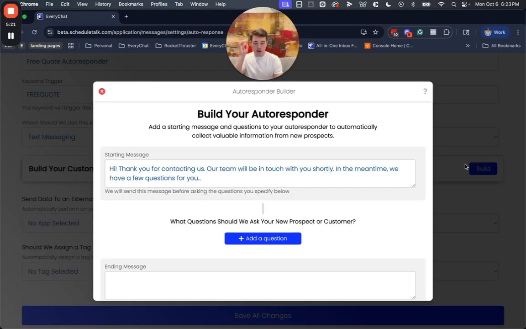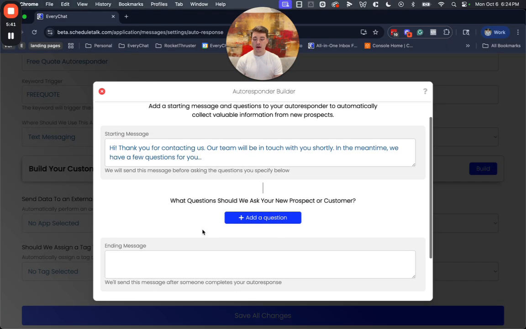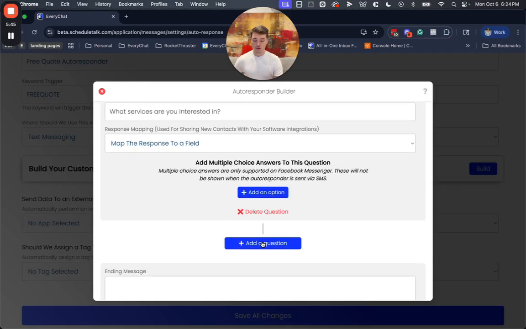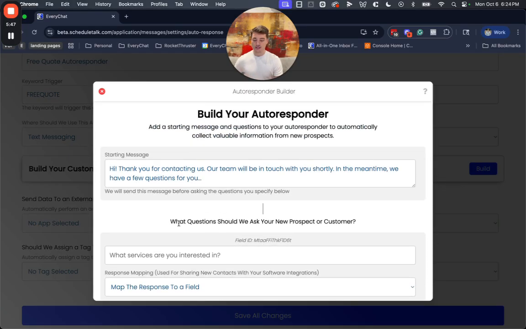And then we're going to go in here and build out this automated flow. So what we ultimately try and do is make this sound as real as possible. Make it sound like somebody is actively texting with them. You can make it sound robotic if you just need to collect the information that you need and you're not too worried about sounding super real or superhuman. But it's up to you and how you want to build this out. So we're just going to go ahead and add a couple questions here in this example.